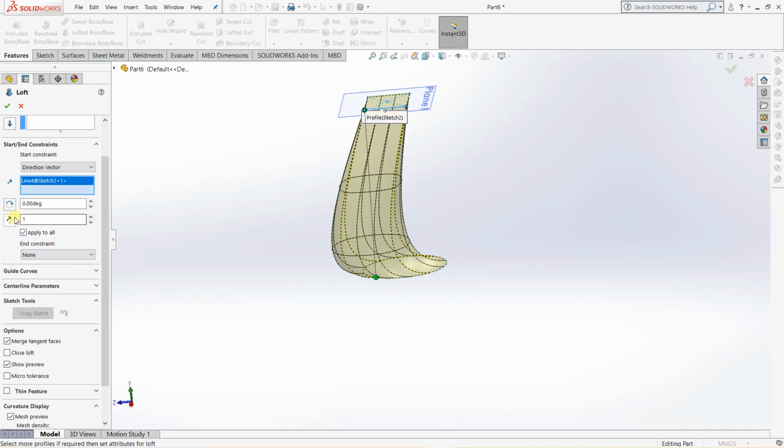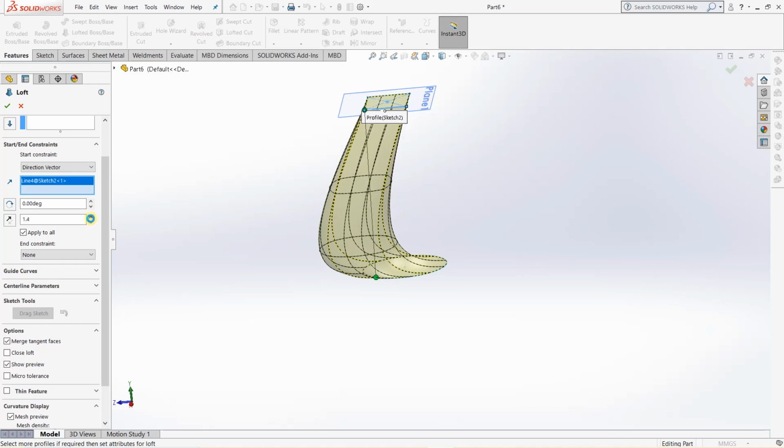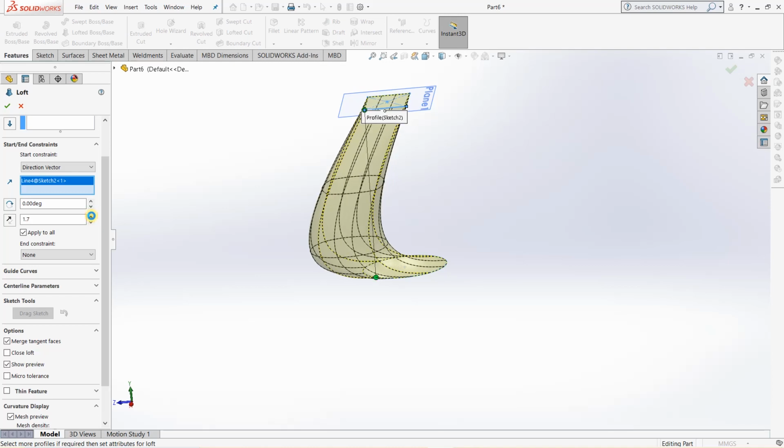You can see if I increase it, it will be more aligned towards the line we have selected as a direction vector. So this is how the direction vector works. If you want to increase or decrease the angle, you can do that from here.